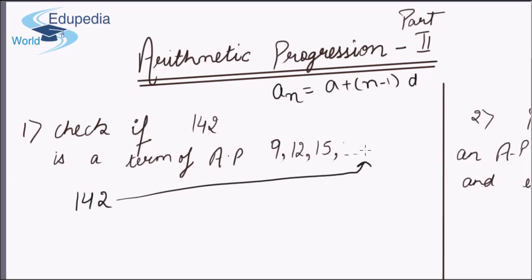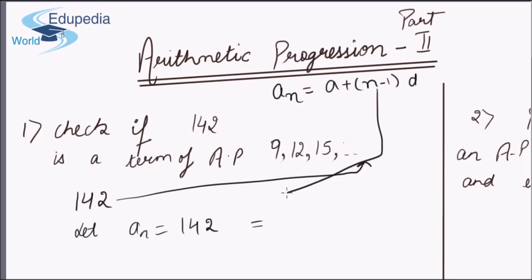If it will be in the AP, it will be having some position in this AP. Otherwise, no position will be found out for this number. That is, we can let this number as a_n equals 142,